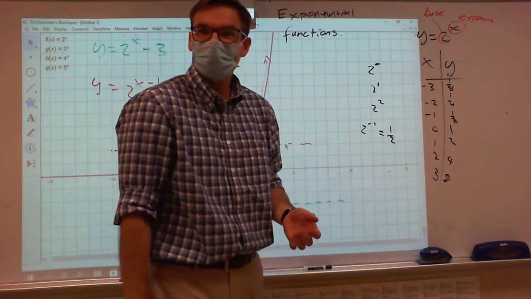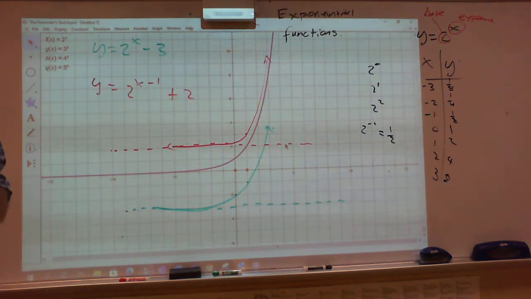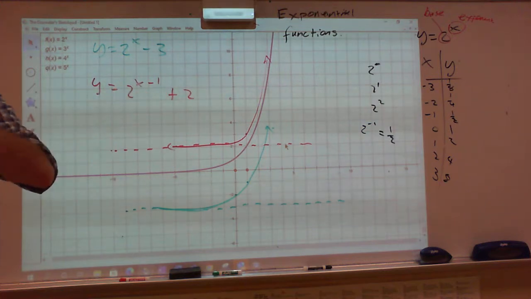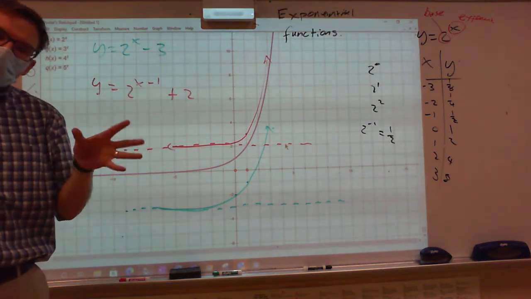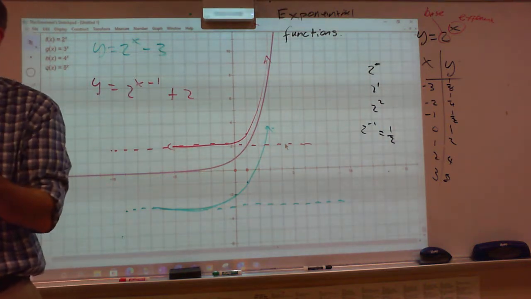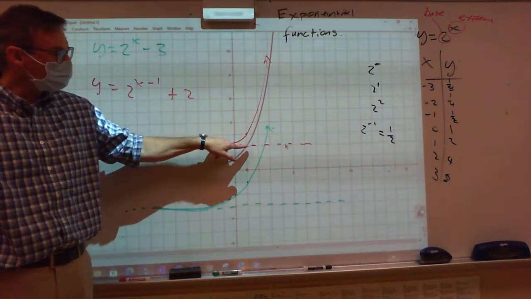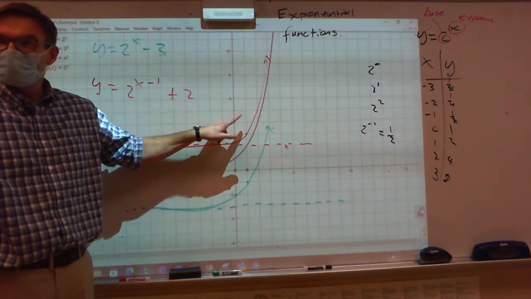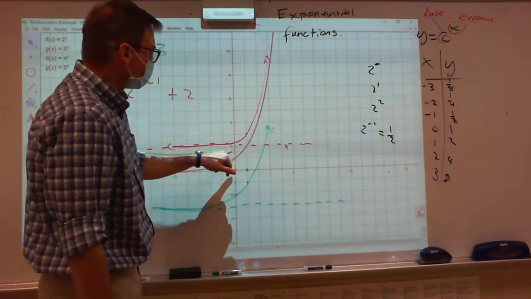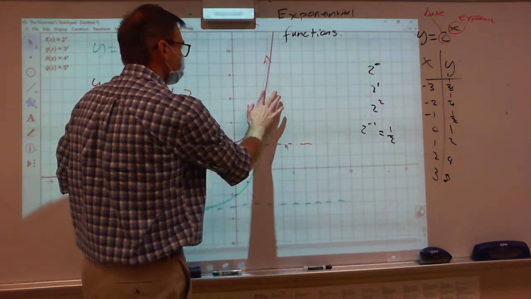Did you include the base also, or are we just ignoring the base? Every problem I'm giving you, or at least the ones in homework, are all going to be a base 2. Some of the ones in Khan Academy are going to have different bases, like one's a base 2, one's a base 3. Will it determine where the graph is though? It doesn't change where the asymptote or the special point is. What it does change is where we cross, right? And so this particular one is actually going to cross well,